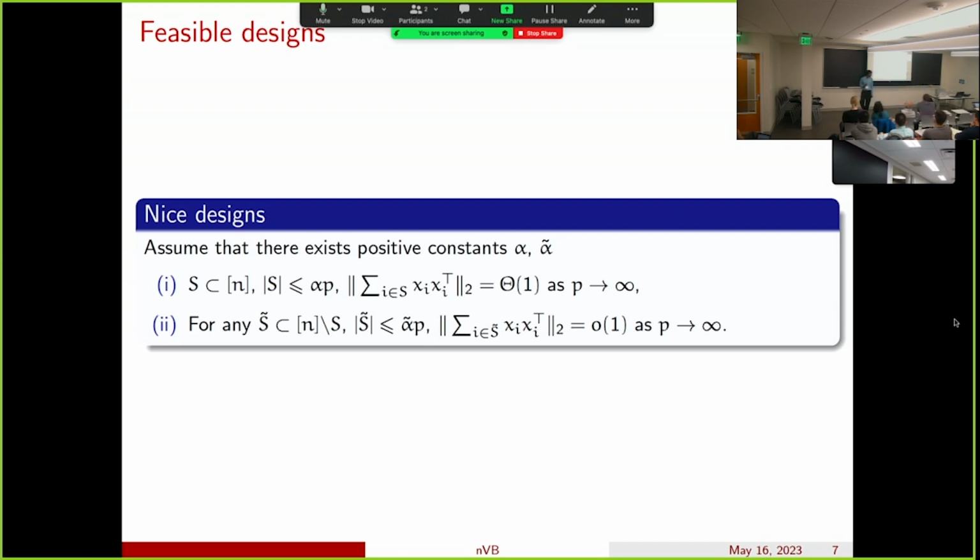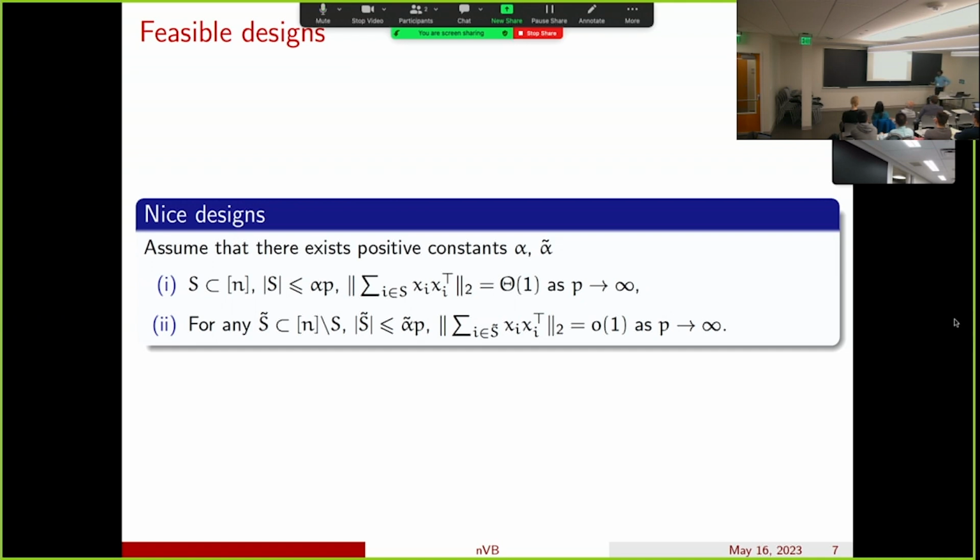for GLMs. Now, before I can talk about this result, our result at the moment applies only to certain classes of designs. So let me explain the set of designs to which we can apply the result for a moment. So, okay, for lack of better terminology, I just call these nice designs for the moment. If you have a better term in mind, please let me know. But the idea is the following. So I have